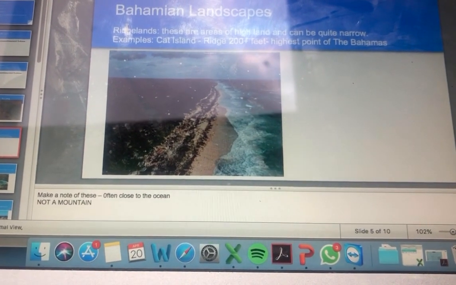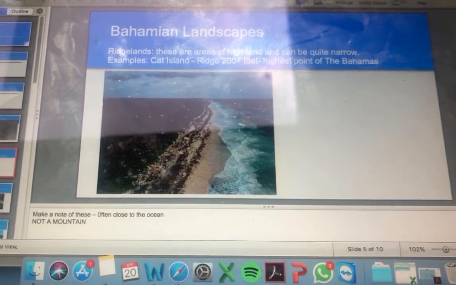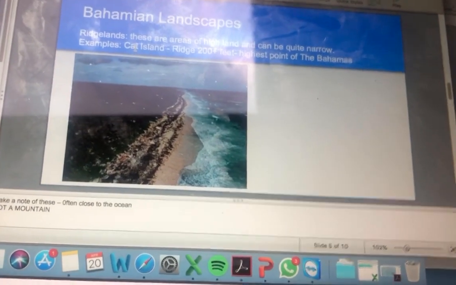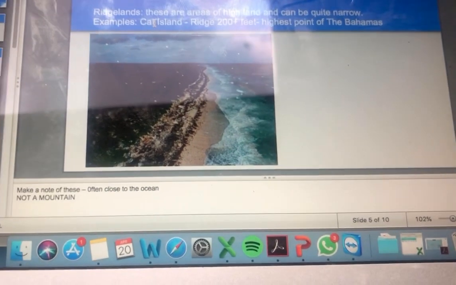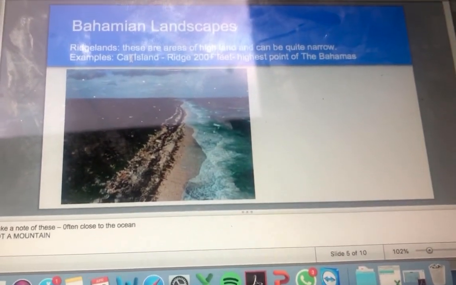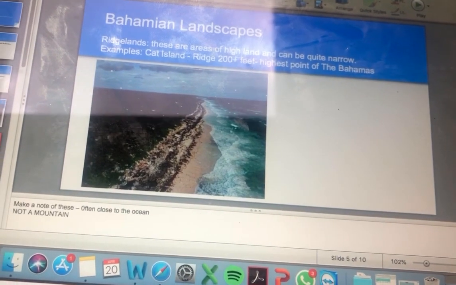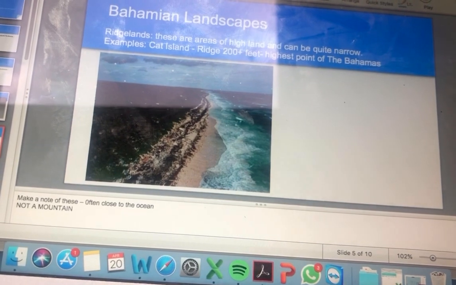Often they're quite close to the ocean. Now notice that it's only about 200 feet, and that's the highest point in the Bahamas. That's something good to remember. That's Cat Island. Now that is not a mountain, okay? So we don't have any mountains in the Bahamas. So just make a note: ridgelands, give an example, and then pause the video,